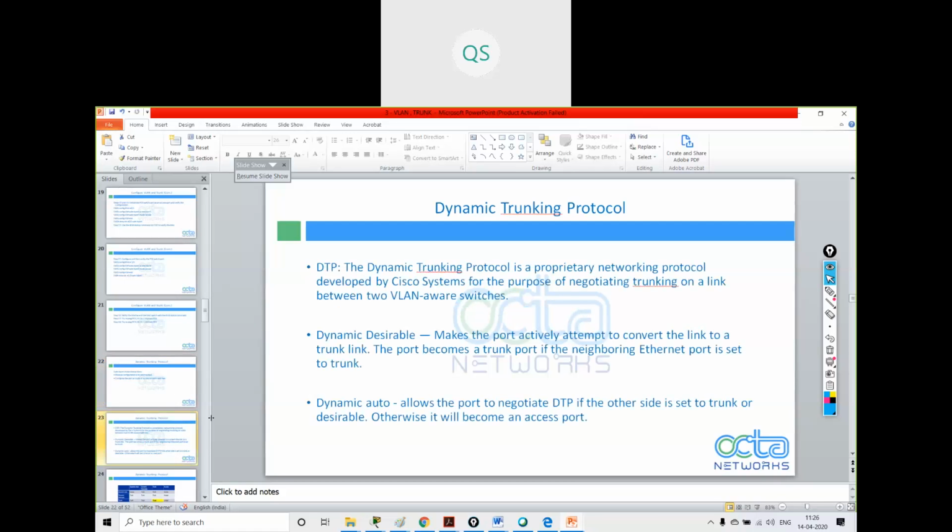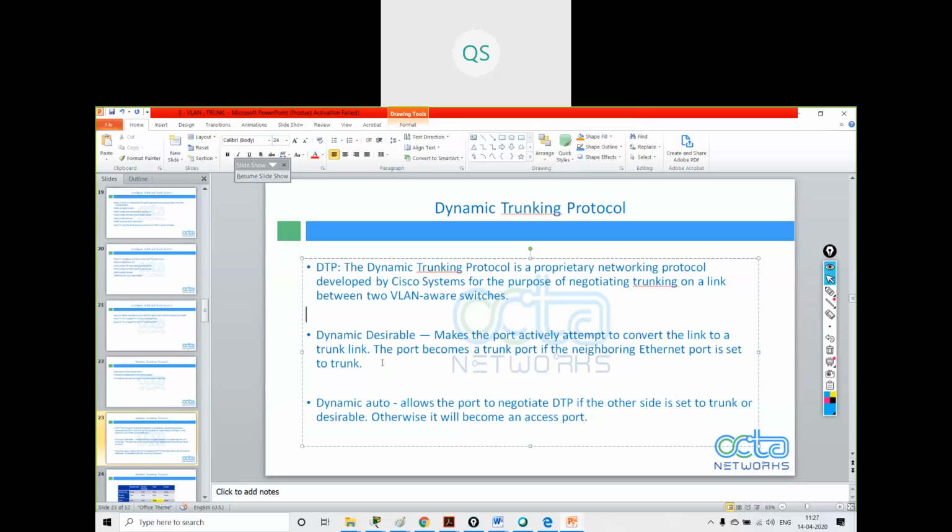So DTP, how does DTP work? DTP, the Dynamic Trunking Protocol, is a proprietary networking protocol developed by Cisco Systems for the purpose of negotiating trunking on a link between two VLAN-aware switches.